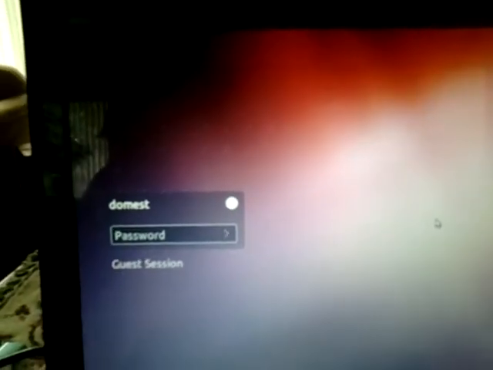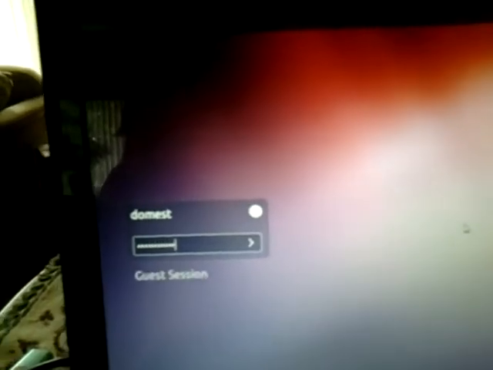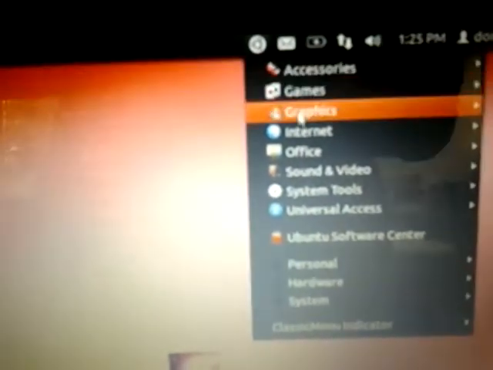I'm going to type in my password. And then we take a look at the very top of the panel and we see, sure enough, there's the classic menu indicator. So let's try it out. If I click on it,